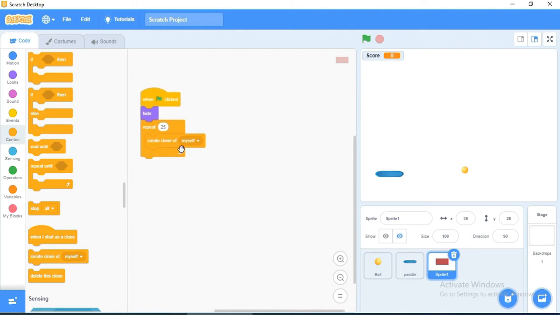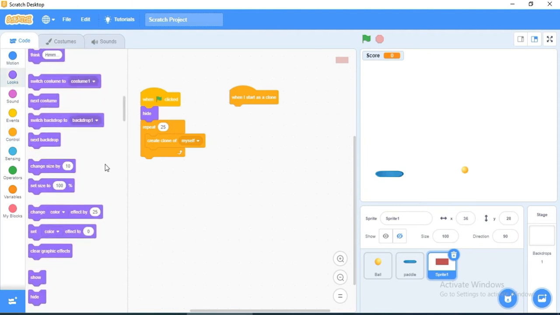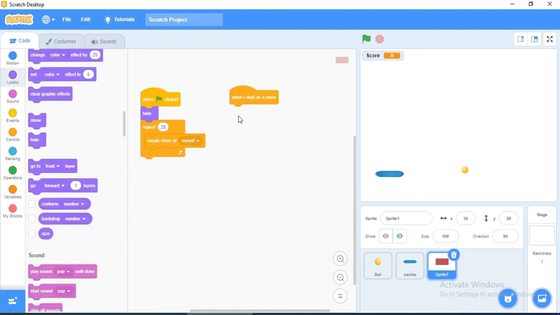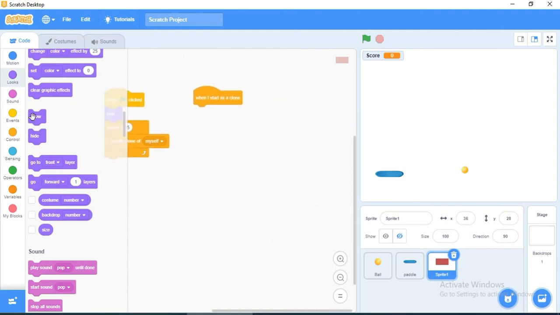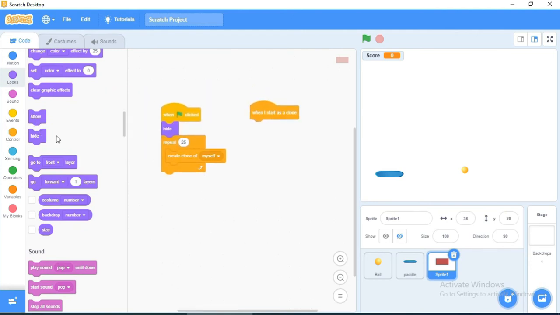Whenever I start as a clone, I need to show. We need to show this brick. Take show from looks. You can also rename this brick. Fine. So show, and go to the X and Y axis